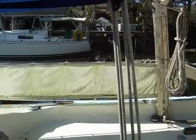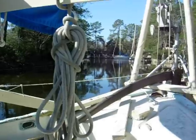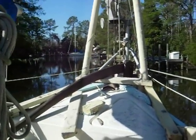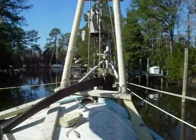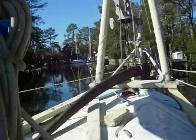But here's the cockpit with the lee cloths, and boom gallows, and the tiller, and the trim tab self-steering gear is back there. I'll go over that in more detail another time, but basically